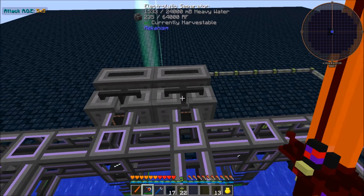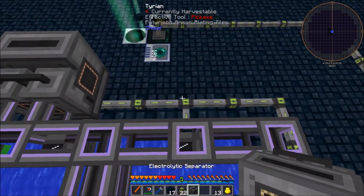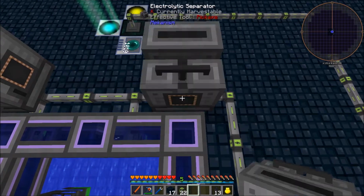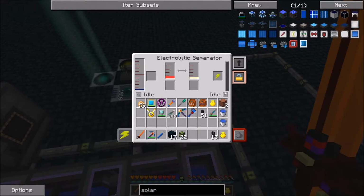And, oh, you know what? Now that I think about it, I should probably split these off a little bit like that. And of course, oxygen is going to come out the right side. And these do take...